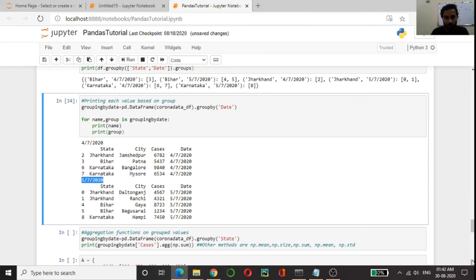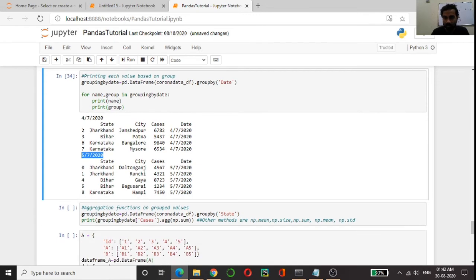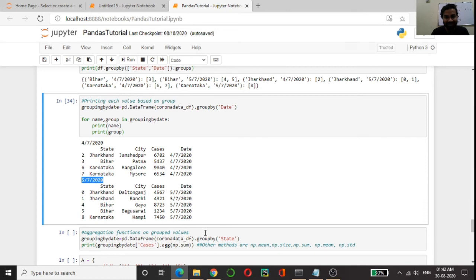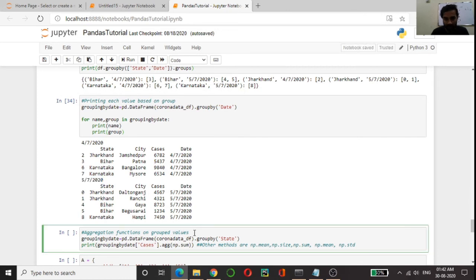And we can do different aggregation functions on the group by, like we can do the summation, the mean, the standard deviation, the size.